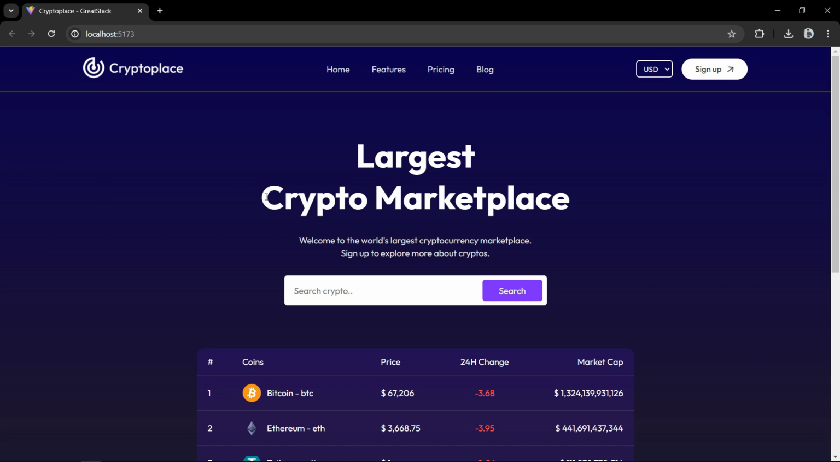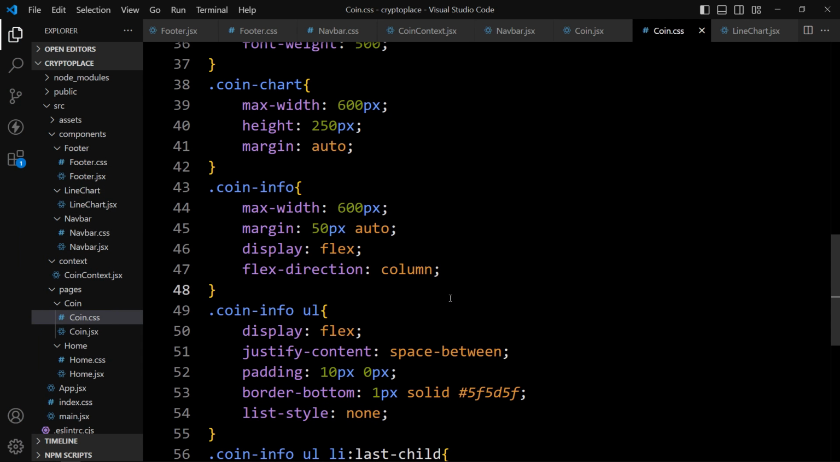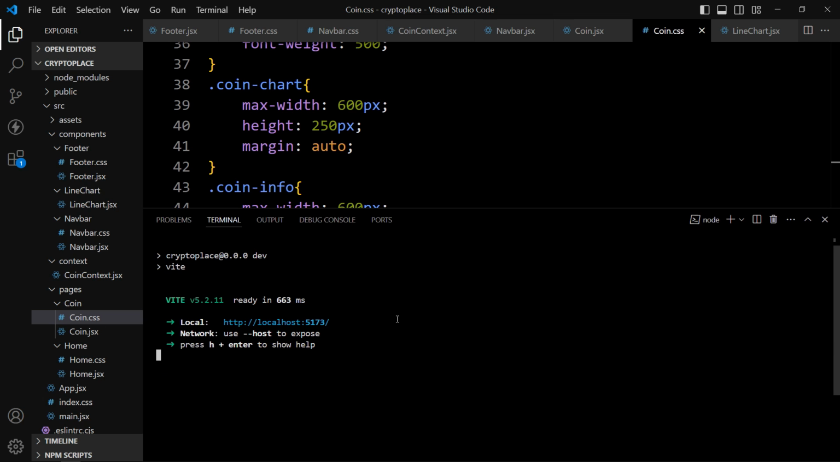Now we will upload this website on online web hosting. So to upload this website online, we will create the build. So let's come back to the VS Code editor. We will open the terminal. In this terminal you can see our project is running. So first we have to stop this project. So we will type Ctrl C,